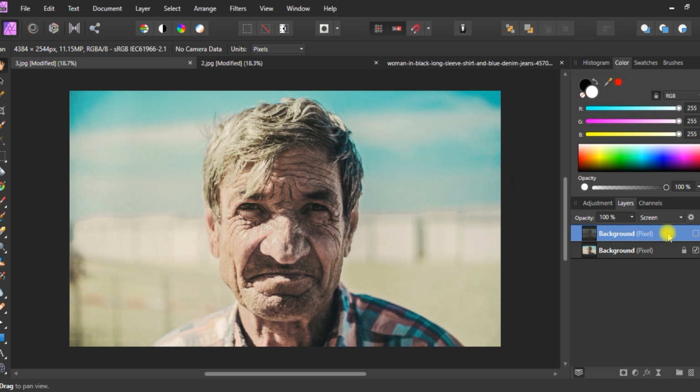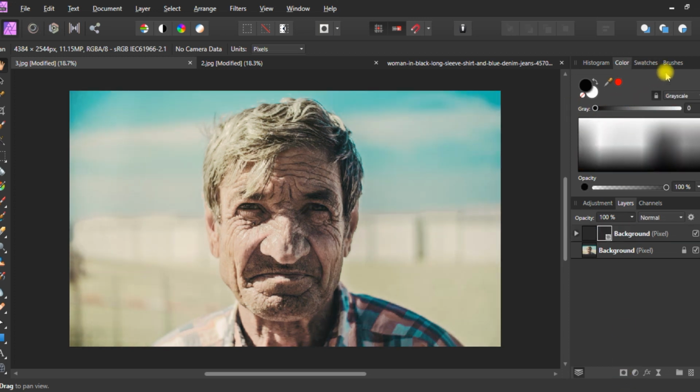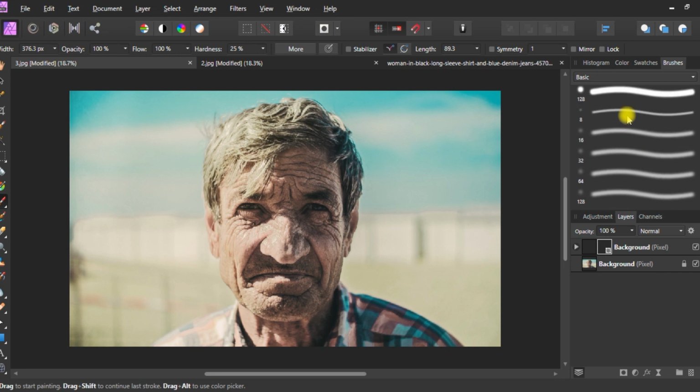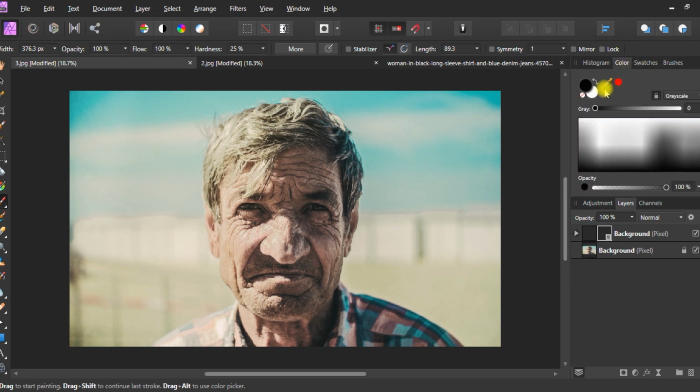We don't want to do that when we are removing the shadow from our face. So now we are going to first select the black mask, change the color, go to brush, make sure to select the brush from here or press B, select any light brush and just paint over his face. We first try to remove the shadows from his face.